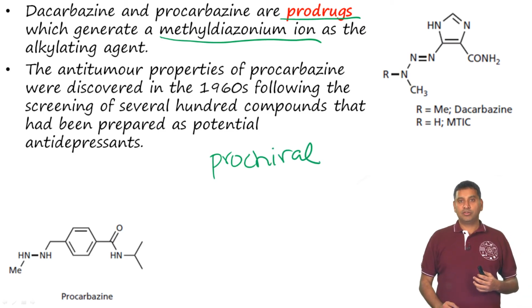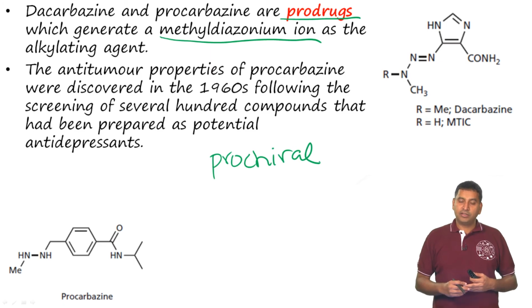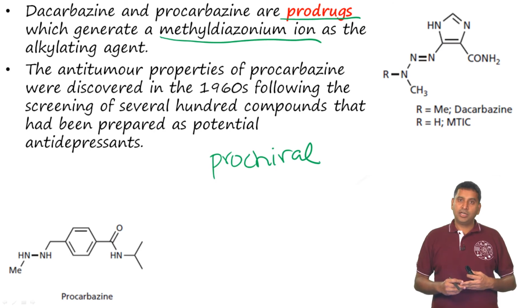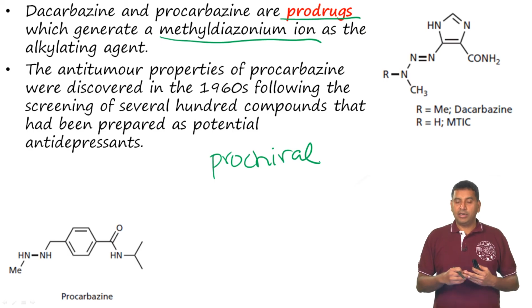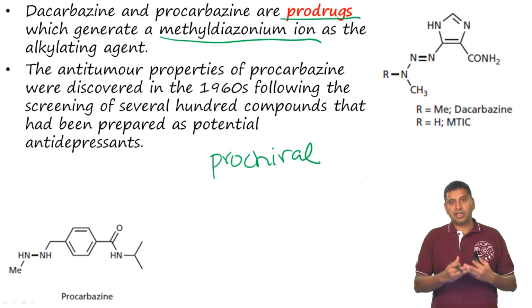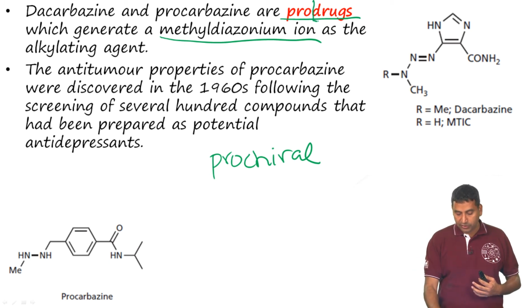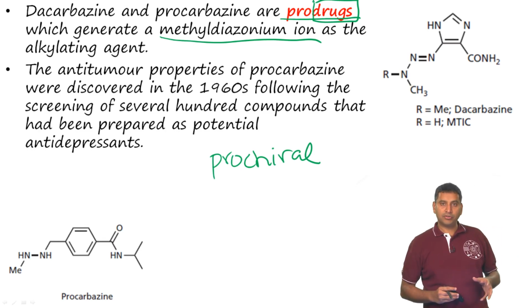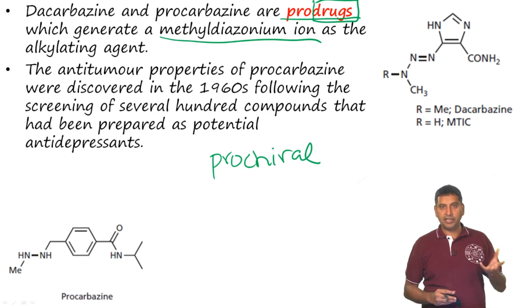Right. So, similarly, extending the same analogy, we can understand a prodrug as a molecule that becomes a drug. On its own it does not have any activity, but once it gets inside the cell or inside the body, there is some transformation that happens and makes the active drug. The anti-tumor properties of these compounds were discovered again in the 1960s after screening hundreds of compounds as potential